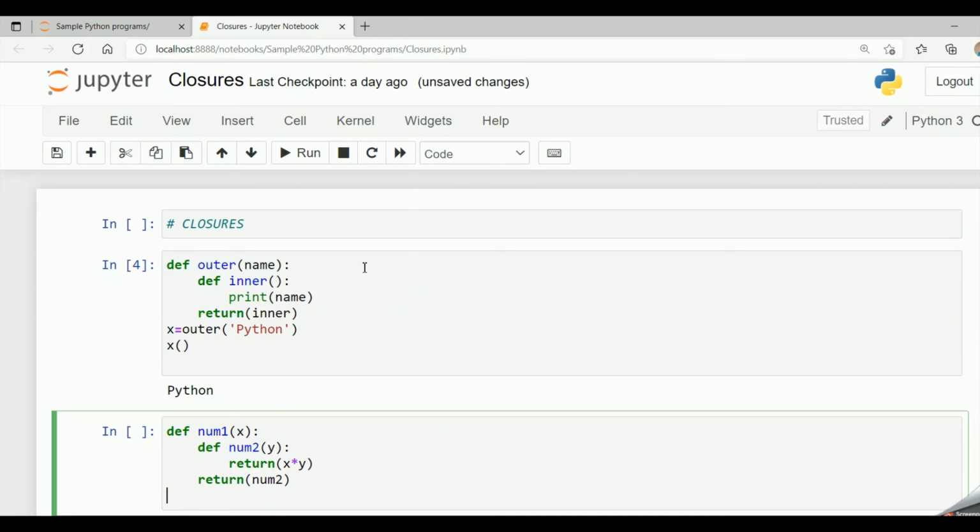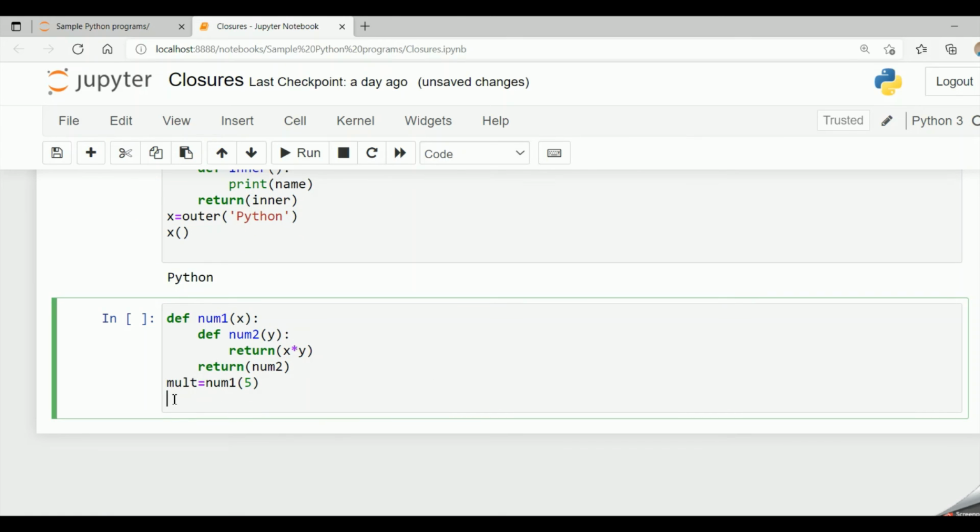Now I am saying mult equal to num1 of 5. And now let me say print mult of 10.